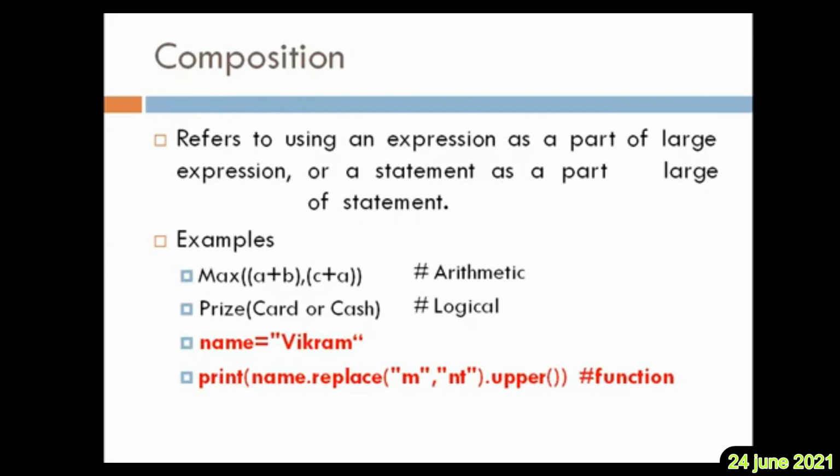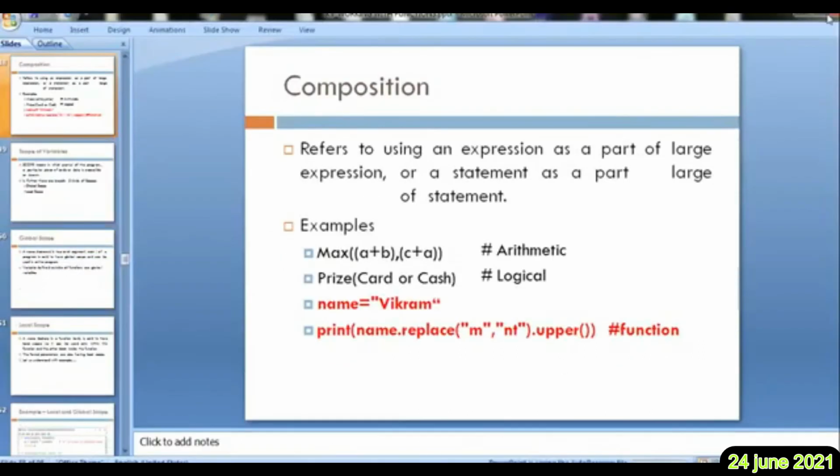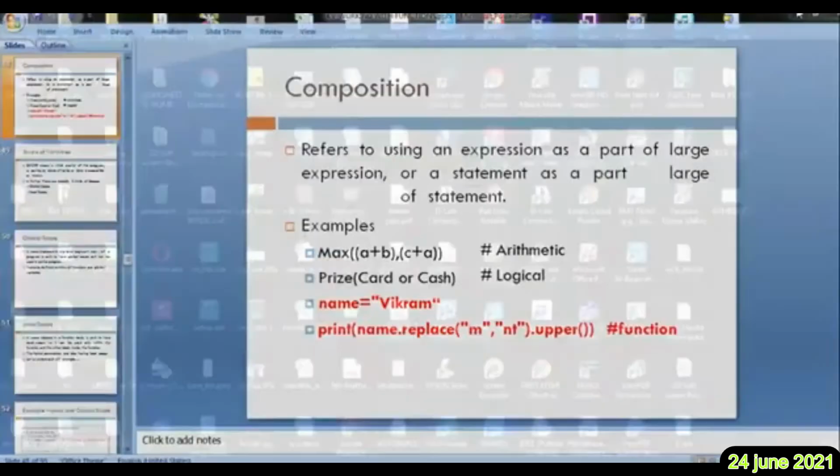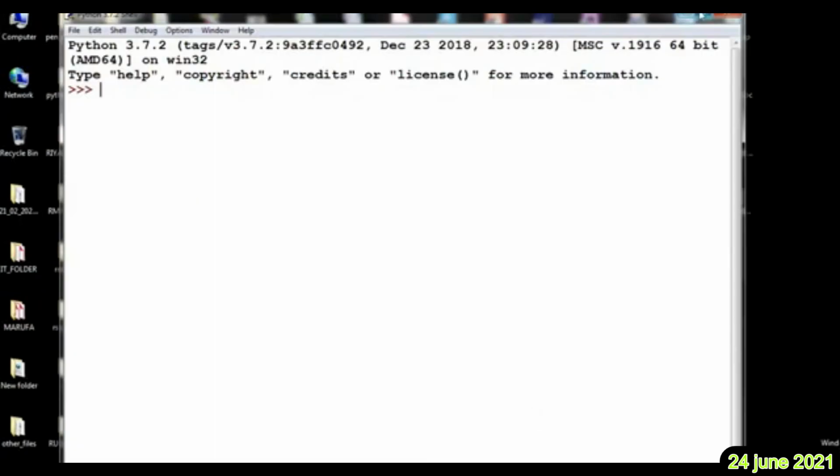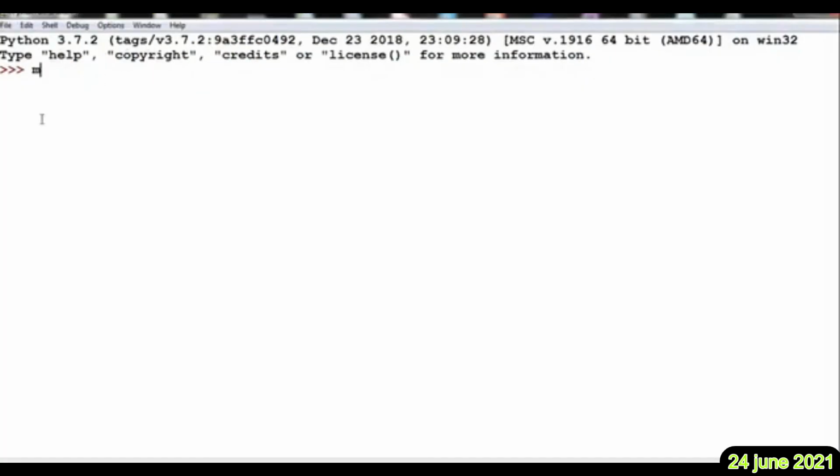Let us check it rather than just seeing it. Let me go to my Python. Let me check. name equal to Vikram, right? Now print what?